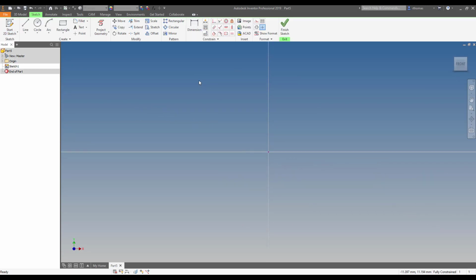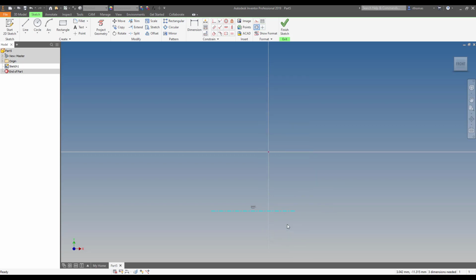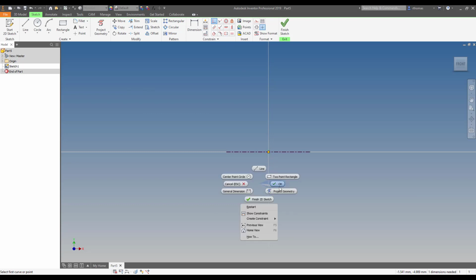Right, so this time, rather than drawing parts and extruding them, we're going to revolve them because they're circular. So first of all, we're going to draw a line. Now this line, we're going to just draw horizontal. Right click OK. I'm going to right click on that line and turn it into a center line. I'm then going to move, using the coincident constraint, the midpoint of that center line to the center point of